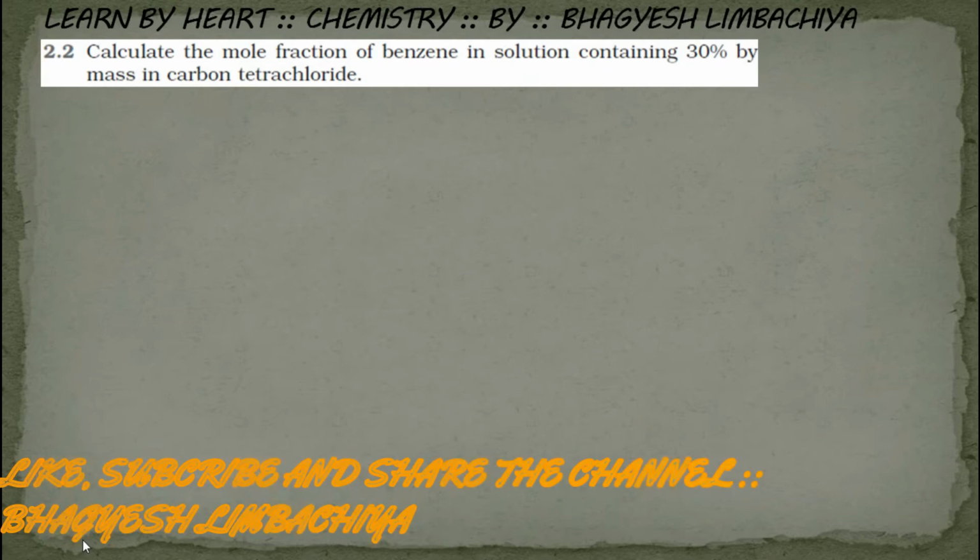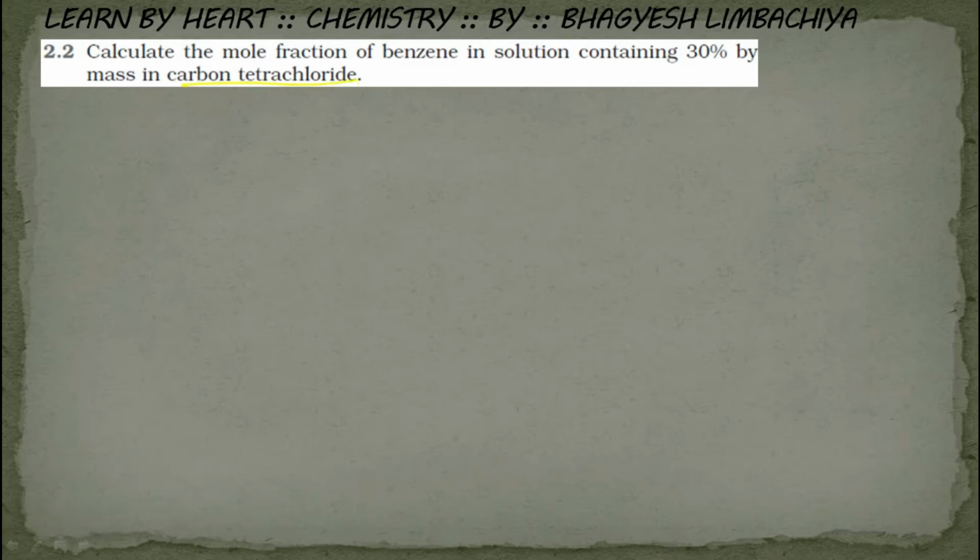By this way also we will get this answer. Question number 2. Here, the mole fraction of benzene in a solution containing 30% by mass of benzene in CCl4 is asked. So CCl4 is a solvent and 30% is of benzene. Here again the compounds are given to you, but the proportion is already given, 30%. So now the meaning of 30% benzene in CCl4,